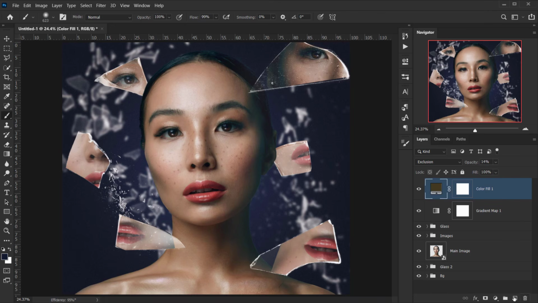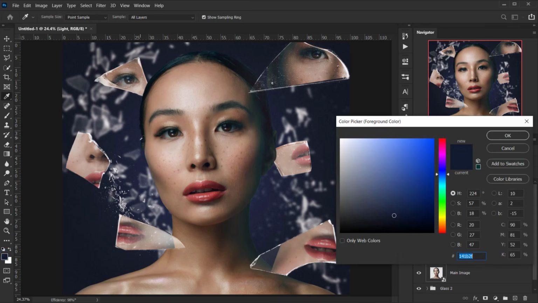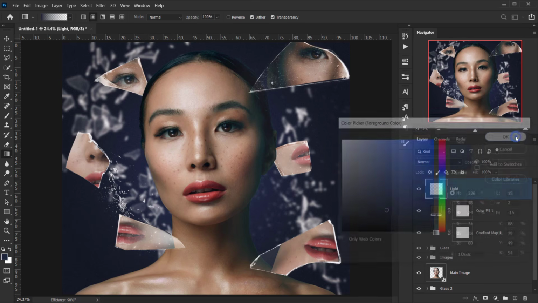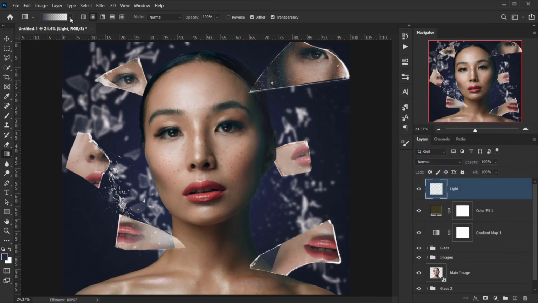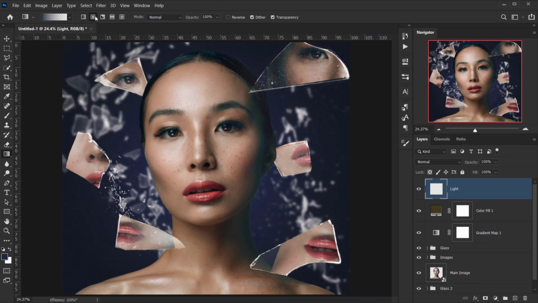Alright, next I will add another layer on top, and I will call this light, and then I will go to gradient in here, and I'm gonna sample a color from the background. For example, in here I'm gonna sample this color, and as you can see I have the gradient in here set to color to transparent, and also in here I have it set to radial. Alright, and then I'm just gonna go to the ear, and I will one click and drag to make this